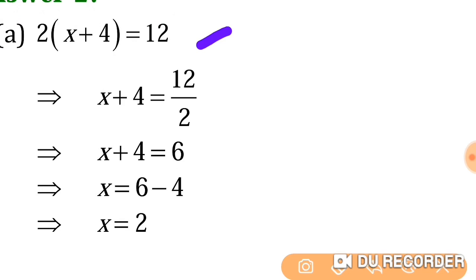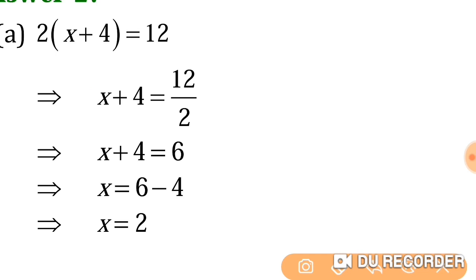So this bracket depends on 2, because it is attached, there is no addition. When addition or subtraction is there between the bracket and the number, there is a separation, but when a bracket is attached to the number, it is multiplication. So first of all we have to multiply, then it becomes easy, or else you can transfer the number that side. First, addition or subtraction, if it is there, we will transfer to that side, but we cannot transfer here because this bracket is attached to the 4 also and x also. So better, I'll show two ways here.